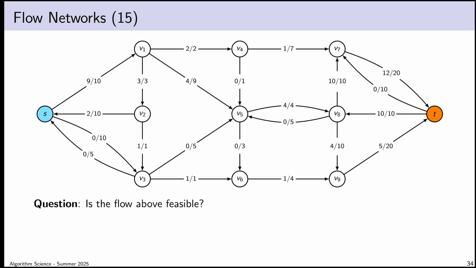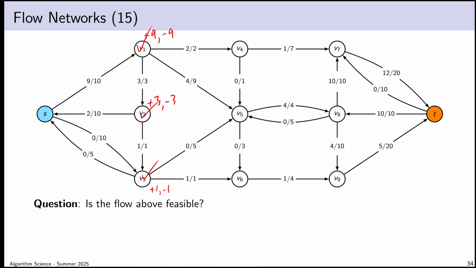All right, so for vertex V1, a total of 9 units enter, and I can see 2 plus 4 plus 3 is 9 units leave. So vertex V1 complies with conservation of flow. For vertex V2, 3 units enter, so I've got plus 3, and then I notice that 3 units leave, so vertex V2 complies with conservation of flow. Vertex V3 has 1 unit entering and 1 unit leaving, so that's plus 1, minus 1, so flow is conserved